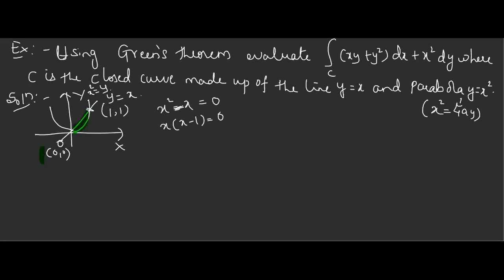Now in this region, how are x and y going to vary? We'll choose constant limits for x and variable limits for y. If I want a constant limit, I have to take it on the x-axis. The region will start from the origin and end here, on the x-axis. So x goes from 0 to 1. This point is 1 comma 0. Next, what is the variation of y?